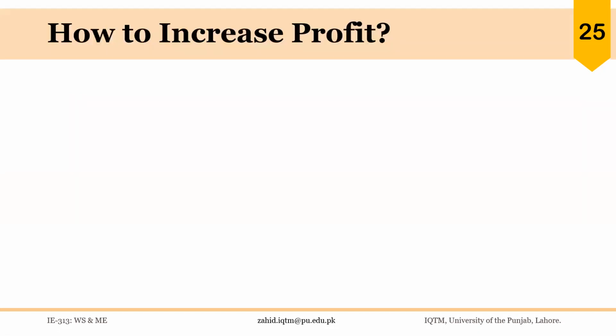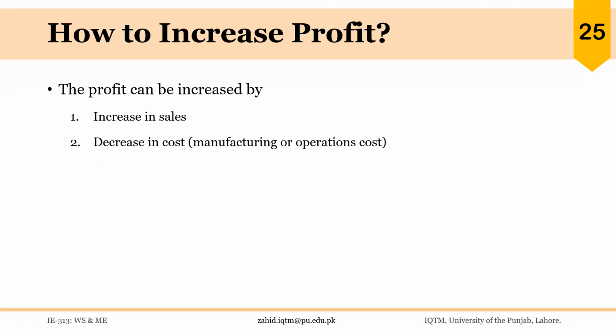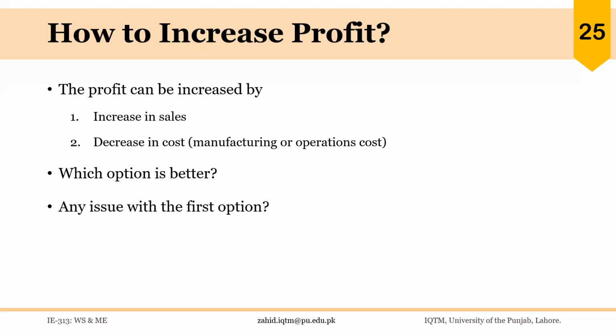So we have a question: how to increase profit for a business. The profit can be increased either by increasing sales or decreasing cost, especially related to manufacturing or operations. Which option is better, or is there any issue with the first option? The answer is, if we increase profit by increasing sales, then the total profit or the gross profit definitely increases. But it is not necessary that per unit profit also increases,